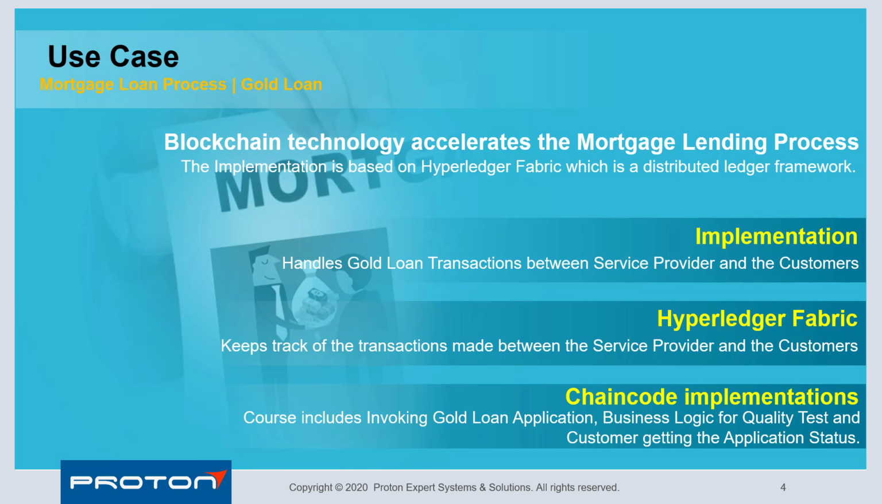The implementation handles gold loan transactions between the service provider and the customers. The Hyperledger Fabric ledger keeps track of the transactions made between the service provider and the customers. The chain code implementations in this course include invoking gold loan application, business logic for quality test, and customers getting